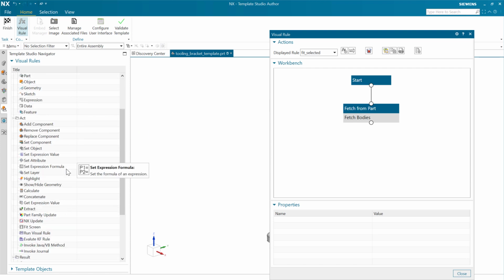So I can come down into the actions here and grab the highlight rule, and let's add that. And then the new one is our fit, right? So our fit screen is down here, and we'll add that guy too. So this is going to take those bodies, highlight those bodies, and then after that, we're going to